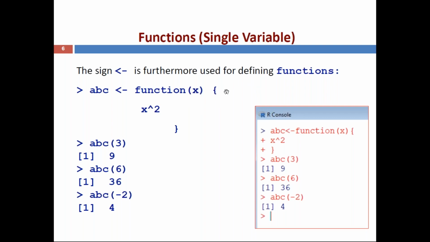Then the body of the function with open braces. Then what is the command? Here we are using a single variable, so you can use a single-line command: x power 2. So the command is x power 2. Then close the body of the function. After executing this command, simply press enter, and the function is created. If you want to see whether the function x power 2, the entire body, is stored in ABC or not, simply type ABC, and this function will be displayed.